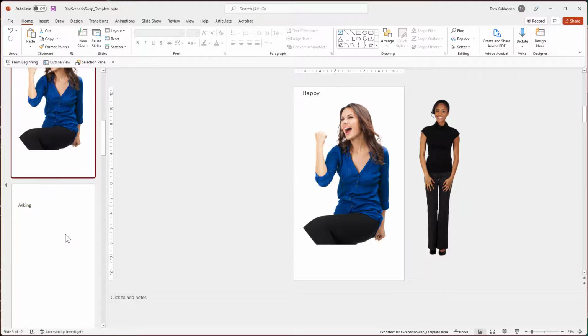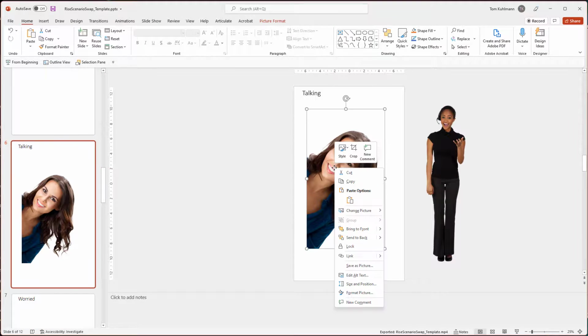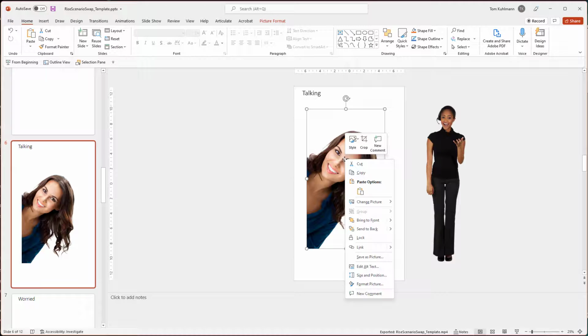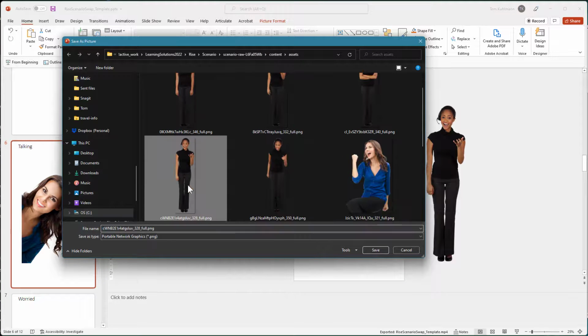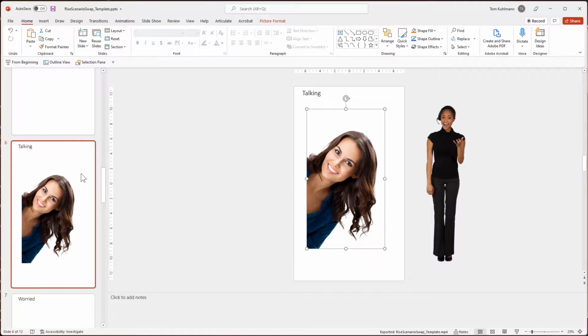And then what else do we have here? We've got talking. We'll see what this one looks like. Now, one thing you could do is, because this one may not place right on the screen, because it might not look right, what you could do, and I'll show you something, you could actually crop it and change the aspect ratio. We're gonna save it this way and then see what it looks like. So we're gonna save as picture. This was talking, so she's kind of got her hand this way, right? That's talking right there. Hit yes, and then